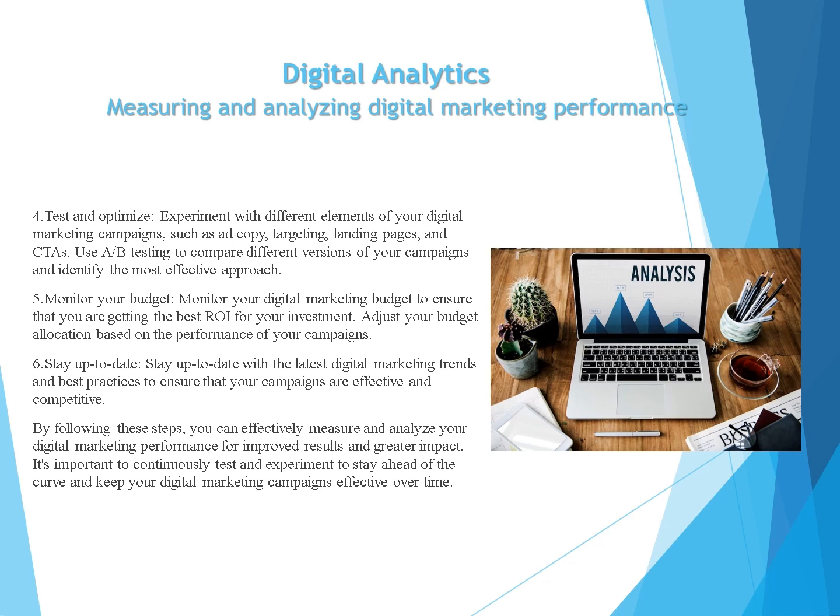Monitor your digital marketing trends and best practices to ensure that your campaigns are effective and competitive. By following these steps, you can effectively measure and analyze your digital marketing performance for improved results and greater impact. It's important to continuously test and experiment to stay ahead of the curve and keep your digital marketing campaigns